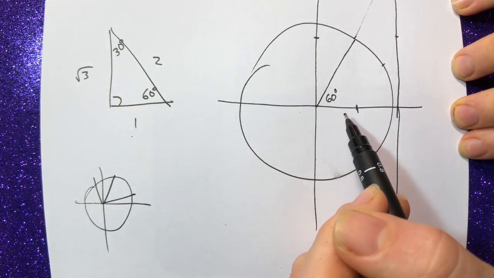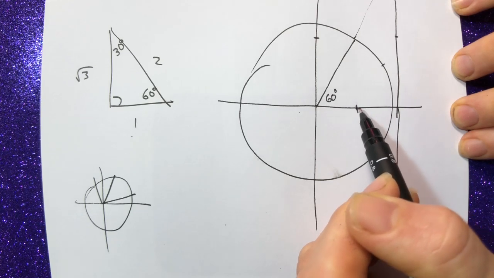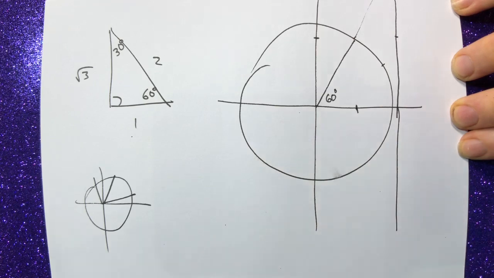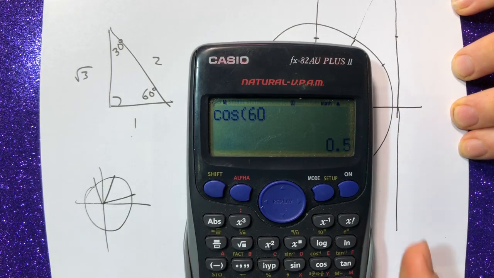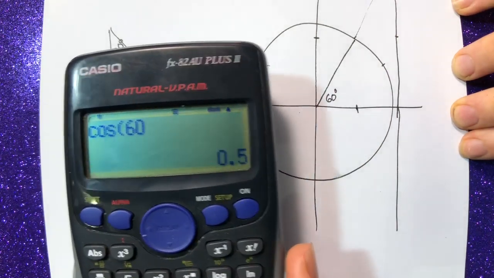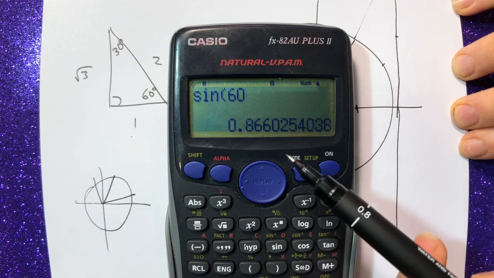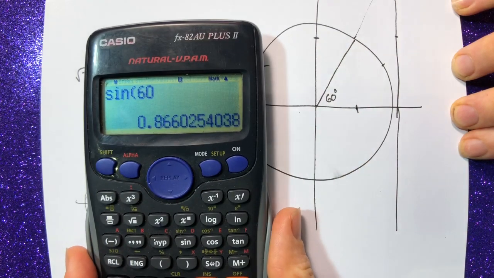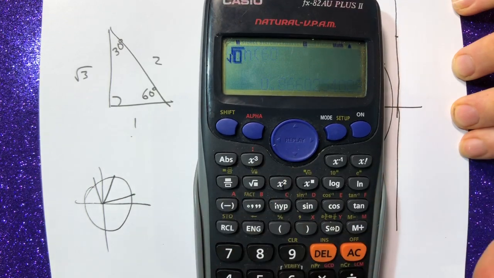If I look at the x value along here, I said cos was the x value, it's a half. I'll test it for you just to make a point. Cos 60, a half. It looks like a half. The other one doesn't look like a half. I do the sine of 60. That's equal to 0.86. That does look a lot better like 0.86 than it does like a half. And root 3 on 2